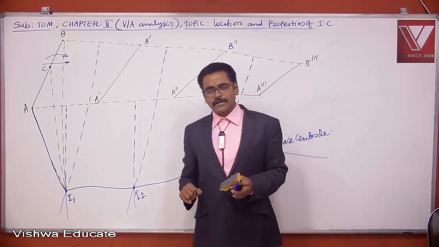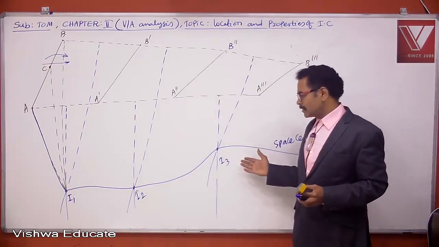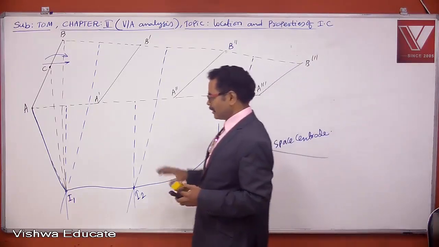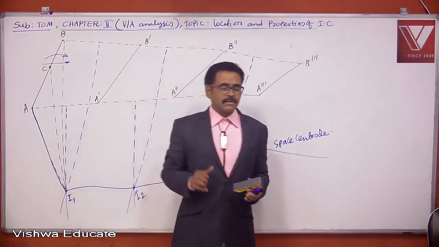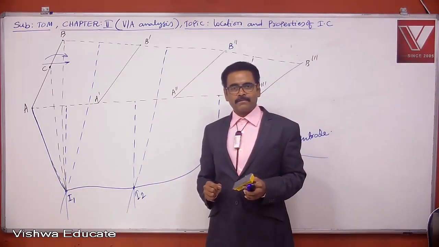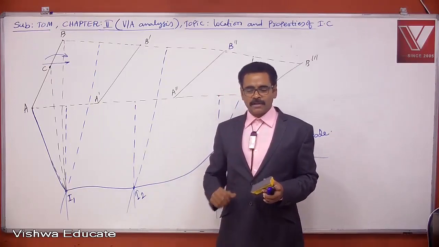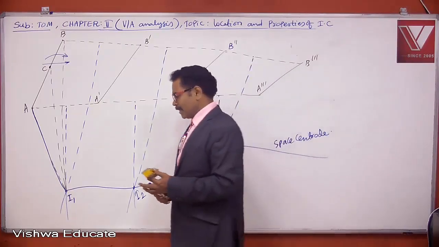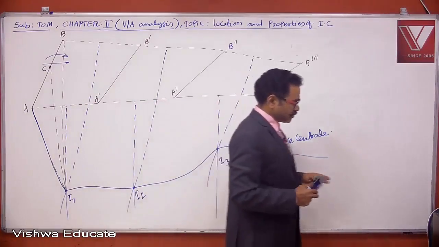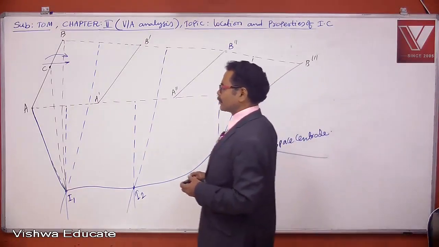Space centroid is different. Body centroid is different. What is space centroid? It is the entity which is drawn through all instantaneous centers. What is body centroid? It is the path traced by the instantaneous center which is attached to the kinematic link or body. So this is the difference between body centroid and space centroid. Write down one more point: body centroid and space centroid